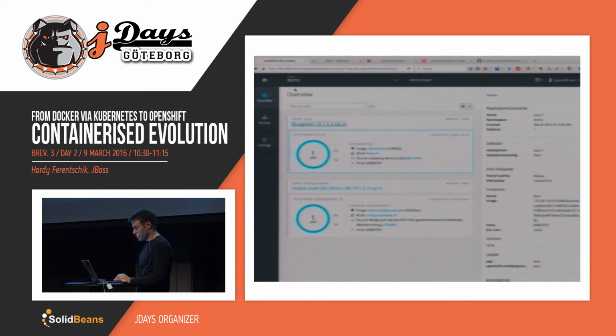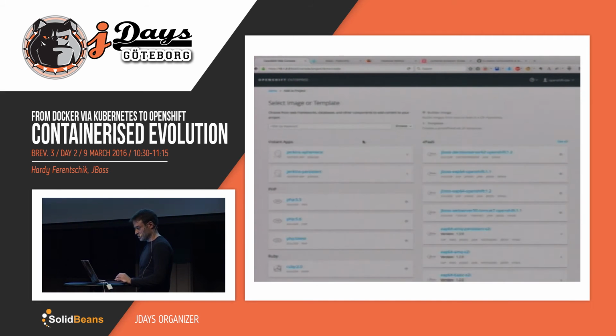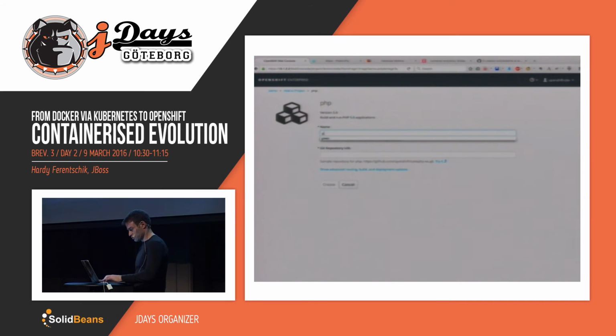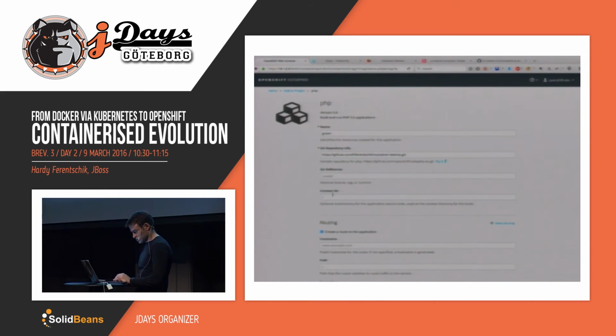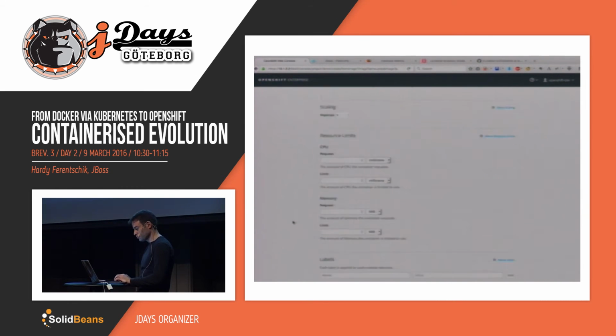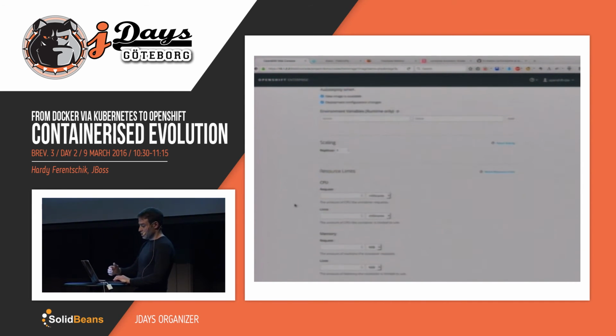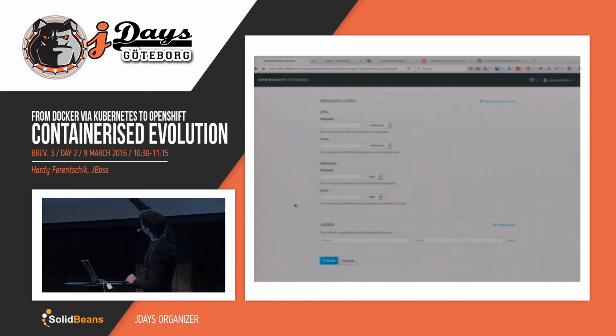What we're doing now is we add a second PHP. We call it green. It's the same GitHub repository. And we need advanced. It was OpenShift blue-green and no routing. And then there's a whole bunch of other things you can configure. You can also, like down here, that's maybe interesting, put resource constraints onto this application or onto these containers. How much CPU or how much memory can they consume?